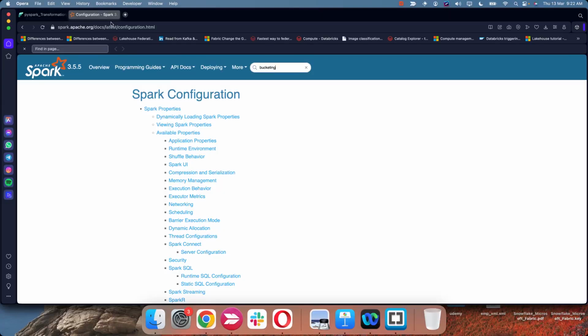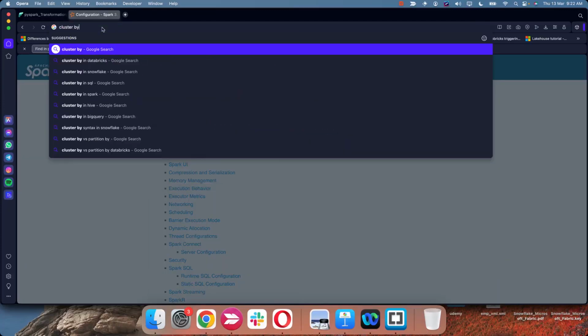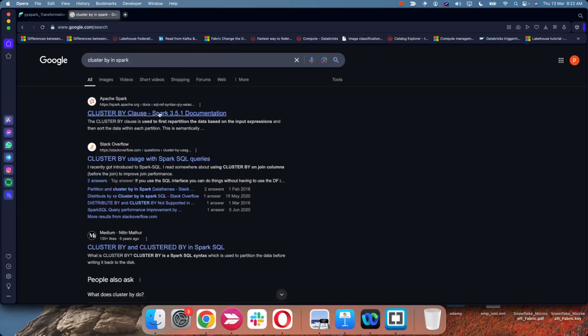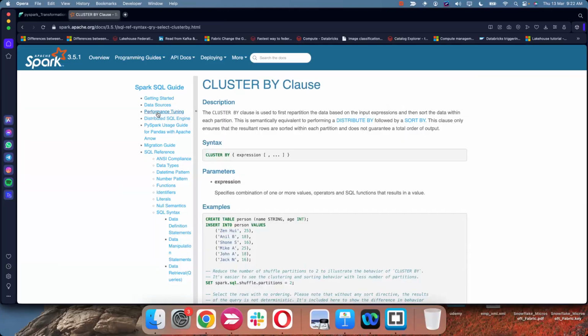Search is not working here. Cluster by is available here, but initially they introduced it only for SQL. But the latest version is available in both PySpark and SQL. Okay, that's the 5.1 documentation, and the latest version is